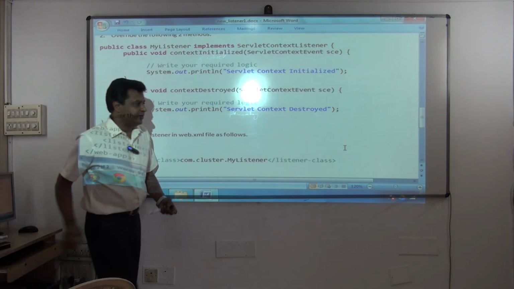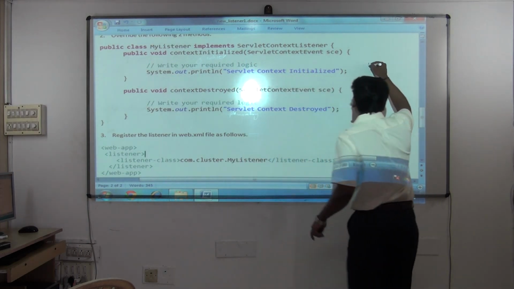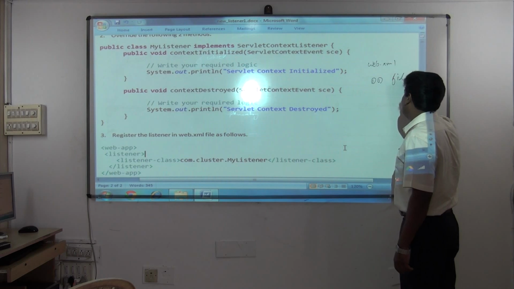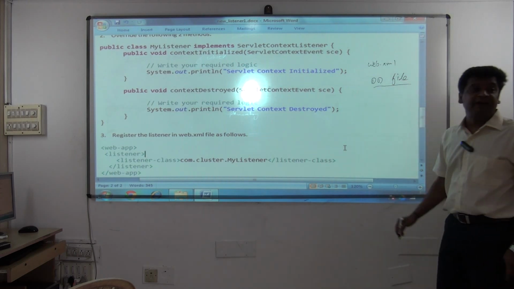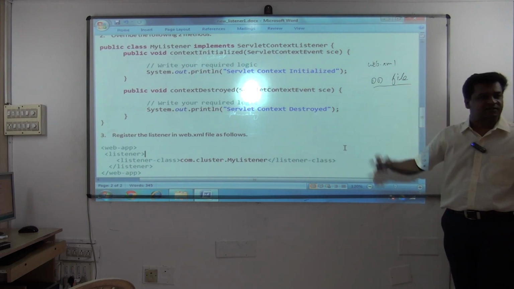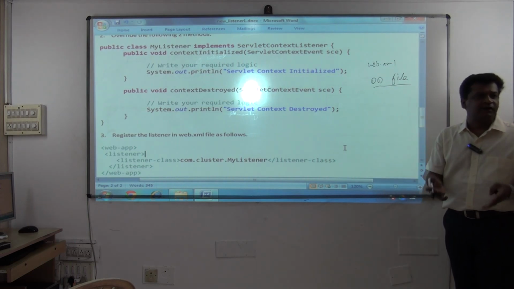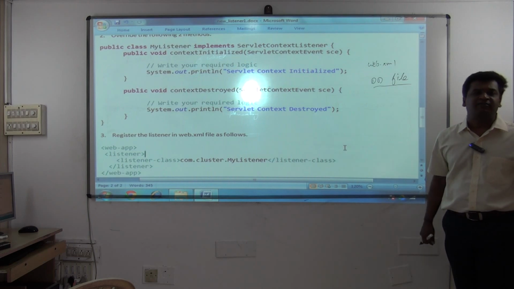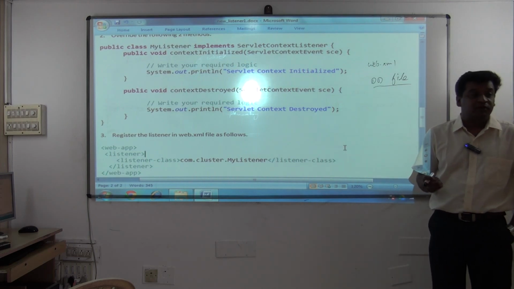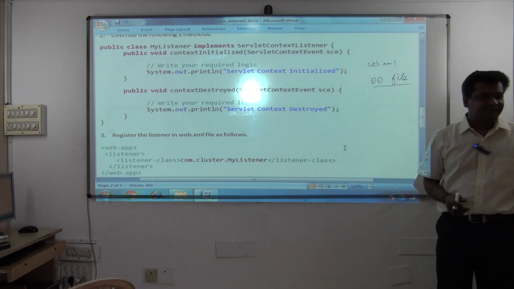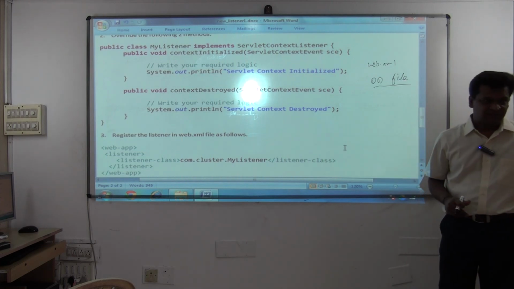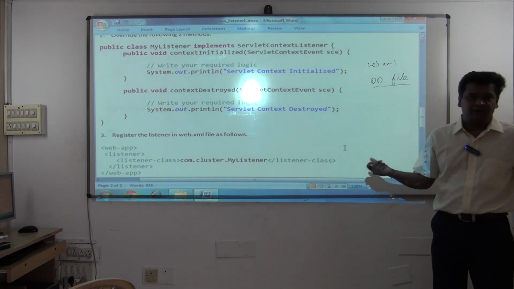And remember, the XML file, the web.xml file, is called a DD file. What is DD, you know? Deployment descriptor file. So you are deploying this class into the server now. Whatever you deploy into the server, you should specify that in the XML file. Otherwise the container will not know. Understood? So this is metadata programming. In the XML file you have to specify it, or we call it register. Register that in the web.xml file.